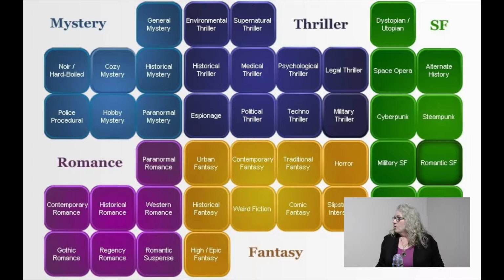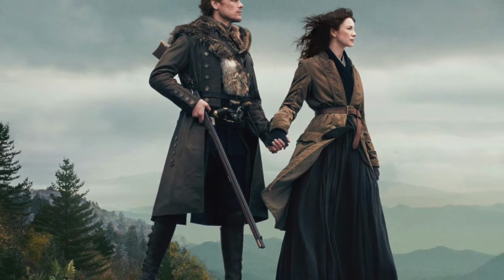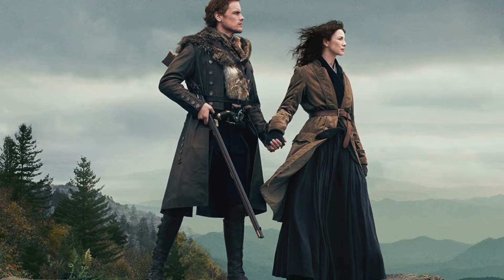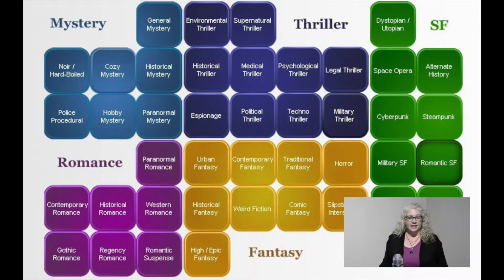And so now if I think of each one of those smaller parts, you could put a film that you know or a book that you have read inside that smaller part. So if I look at the romance one, if I'm thinking about a TV show romance that I like a lot, one of them is called Outlander. Some of you, that's also a book series, so it covers both books and film. I think of that as a romance because it is a love story. And so I'm looking at that and I'm thinking, well, is it a contemporary romance? Is it romantic suspense? Well, what is it?